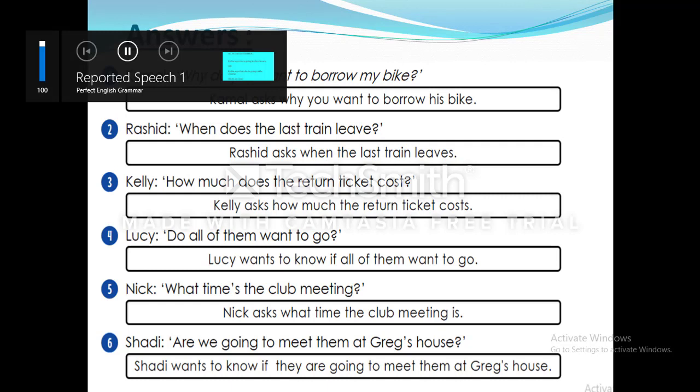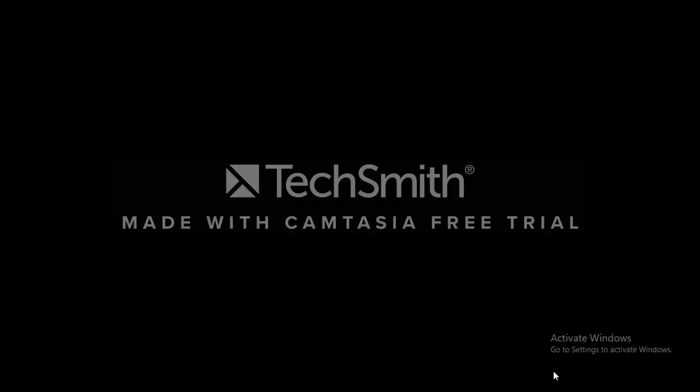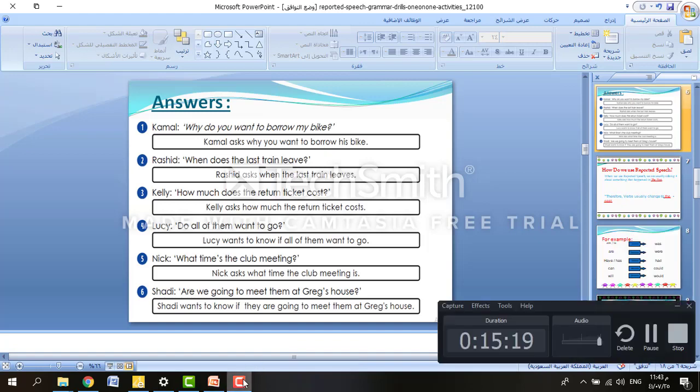Julie uses the verb says in the present tense. So the reported speech